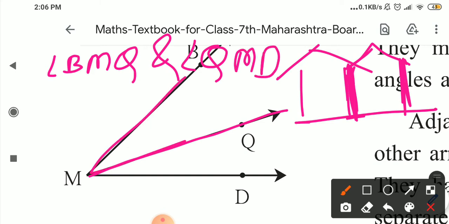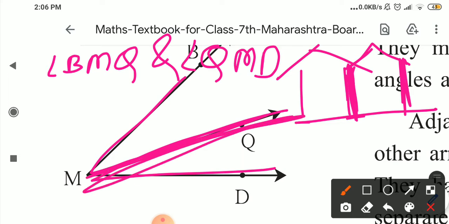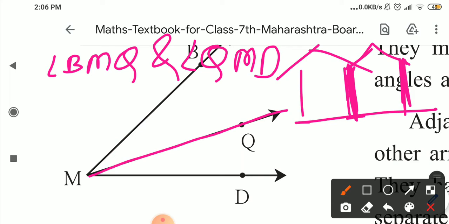Okay, BMQ and QMD. Here the one common part is there in between these 2 angles, and that part is called as a common arm. Because of that part, these 2 angles are becoming adjacent angles. Clear? Okay,